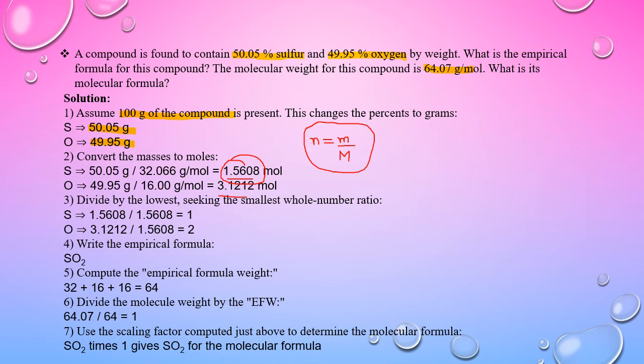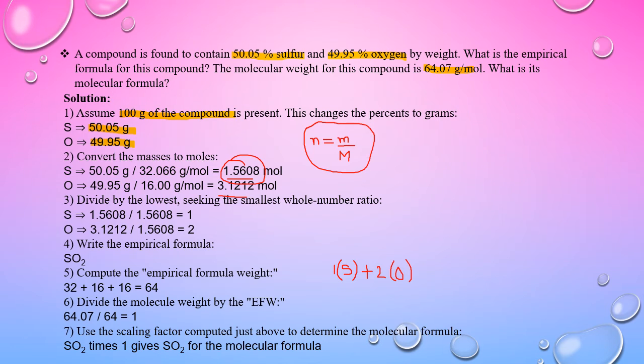SO2. Now after calculating the empirical formula, we need to calculate the empirical formula weight. So a single S is 32, and 2 atoms of oxygen, that is 16 plus 16, we have 64. If you can recall, we used to write like this: 1 atom of sulfur with respect to the atomic mass of sulfur, then addition, and 2 atoms of oxygen. What will come for oxygen? The atomic mass. So we have done it in that form.